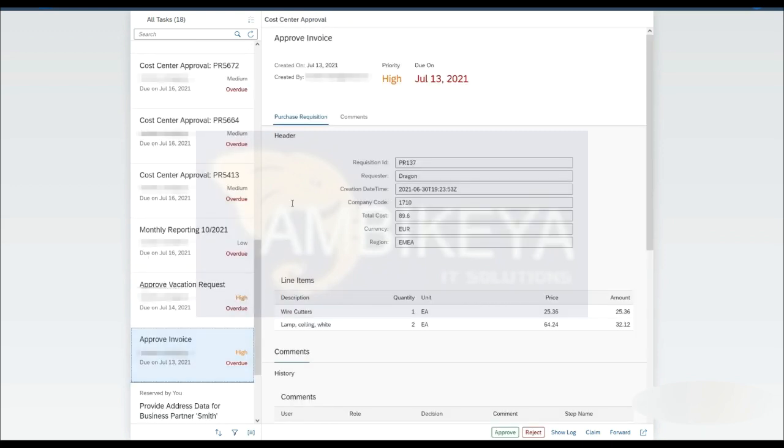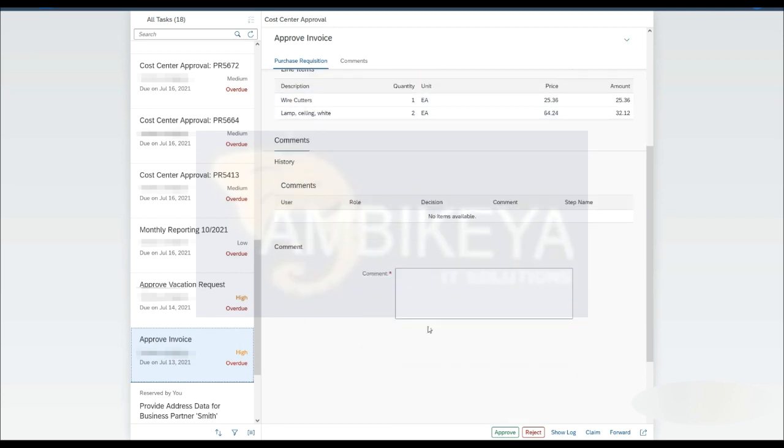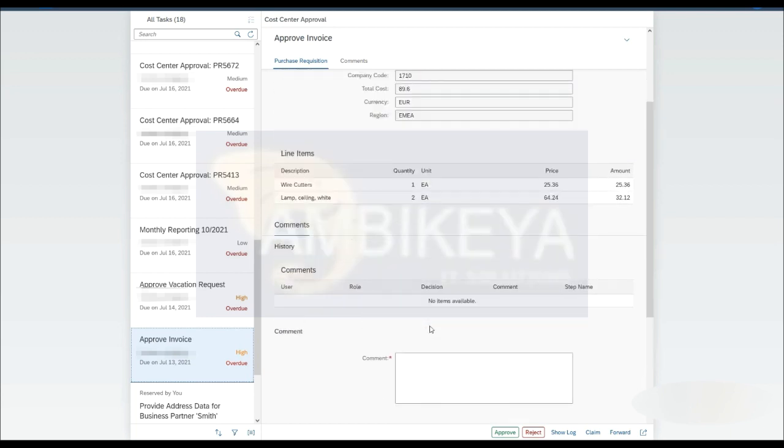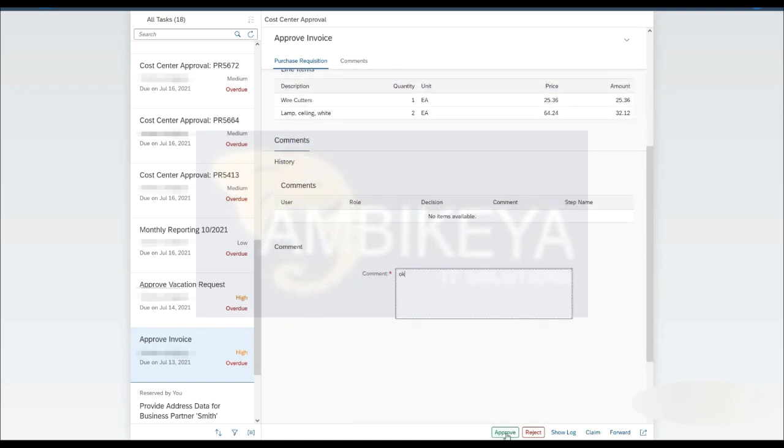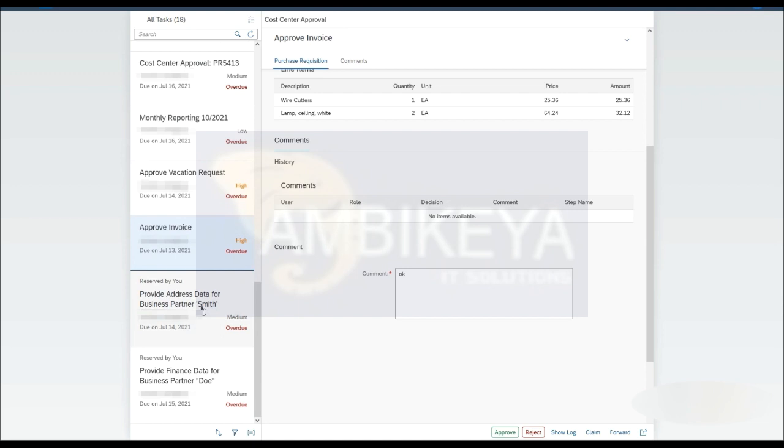On the right-hand side, I will see the UI for the respective task I have selected. You see here on the top, I also see the information for the priority, the due date in red because it's overdue, and the respective fields specific for this type of task. Here you see this task only allows me to add a comment, and I cannot make any other changes to the UI. And then I will be asked to either approve or reject it, which buttons are depending on the task type as well. If, for example, I would go to a different task,